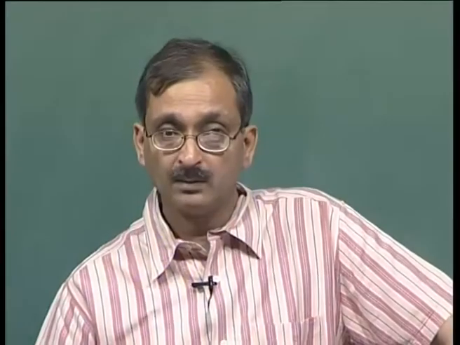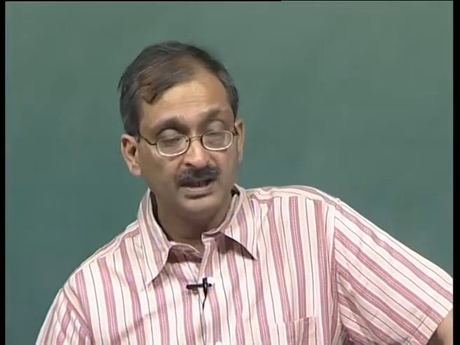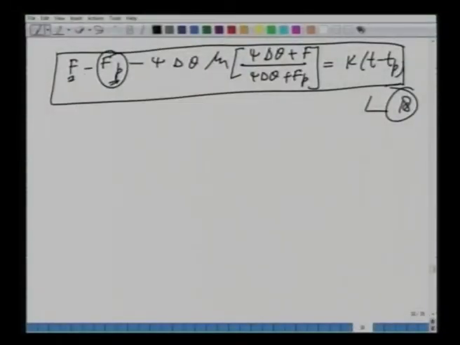Once we have determined the time to ponding, Tp, we can find out Fp. Everything else in this equation is then known except capital F, and we can find capital F using a numerical iterative technique. Once we have done that, we can find small f. So, this is the procedure for using the Green-Ampt equation.